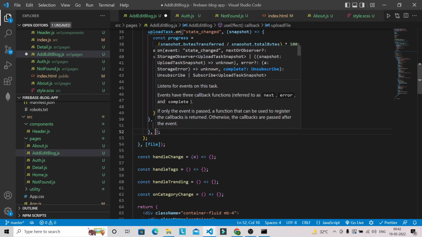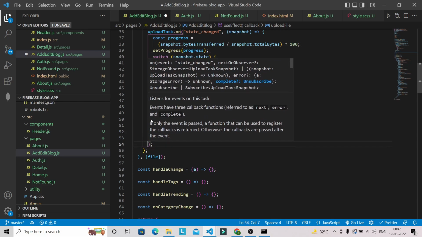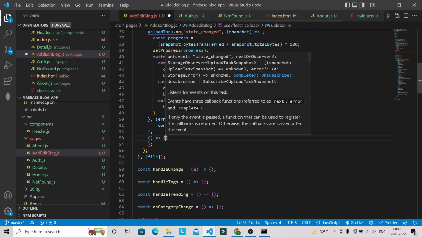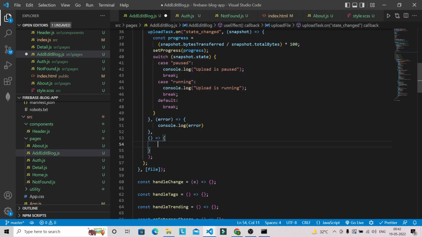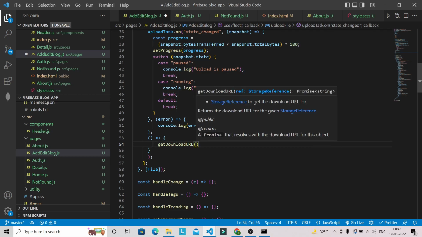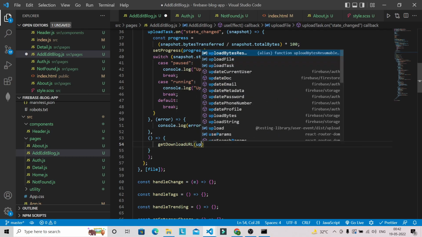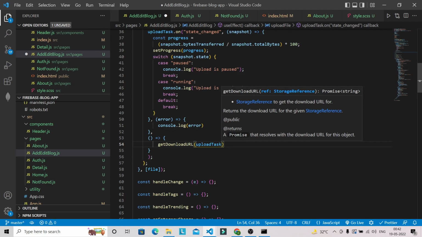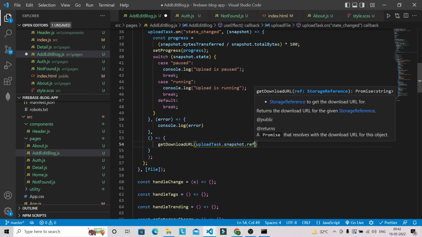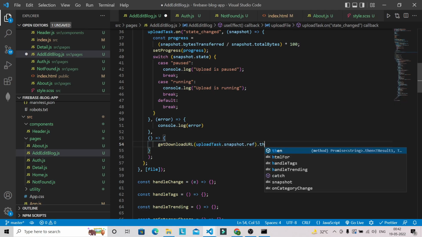Now after this what we have to do, so we are going to have one function and inside this we can use here getDownloadURL, and we can use uploadTask.snapshot.ref here. Then